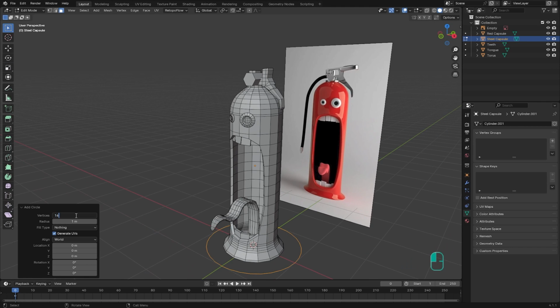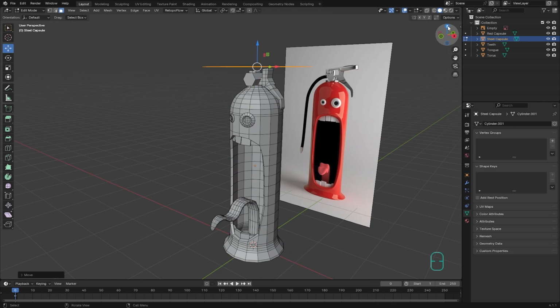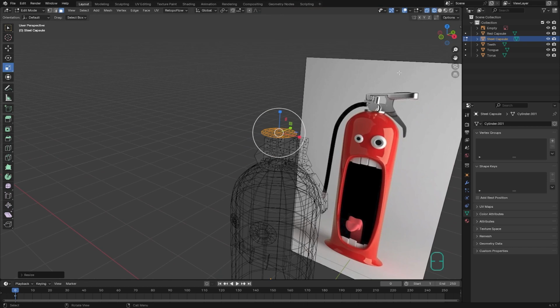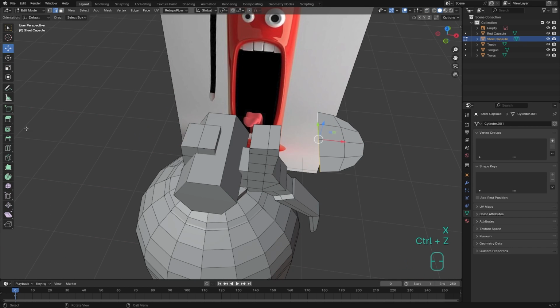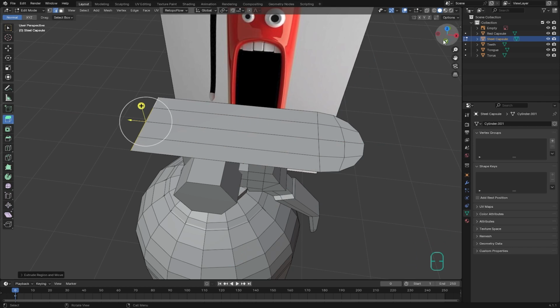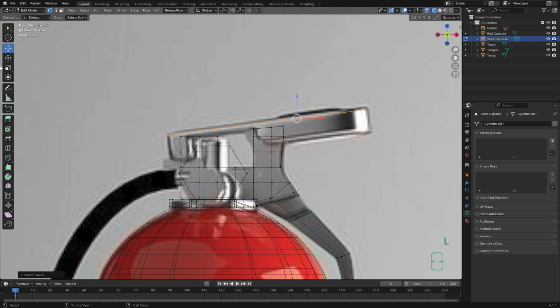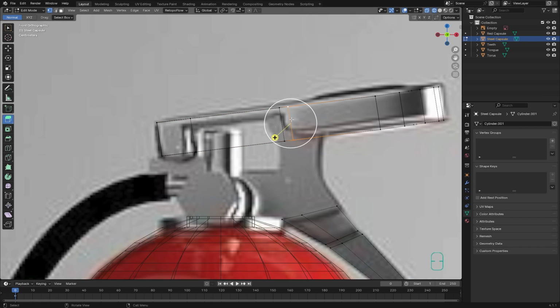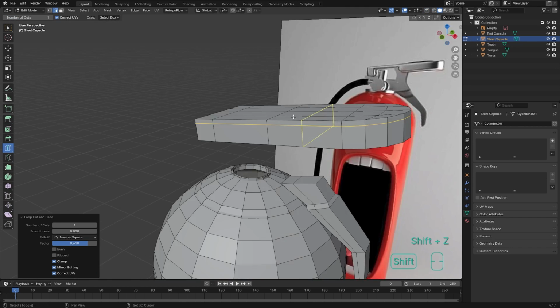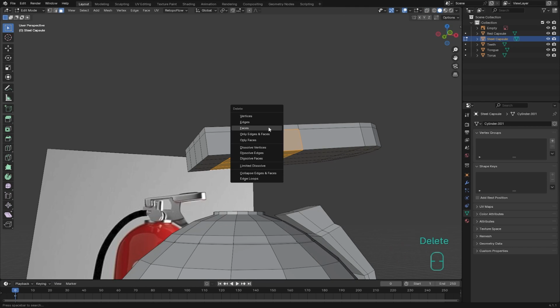Add a circle with 16, use grid fill, move it up, scale it and move it to the right and delete the half. Then I'm gonna extrude this edge, go to the -y and rotate it, and then extrude it to create this shape. Now I'm gonna add a couple of edge, then select this face and delete them,